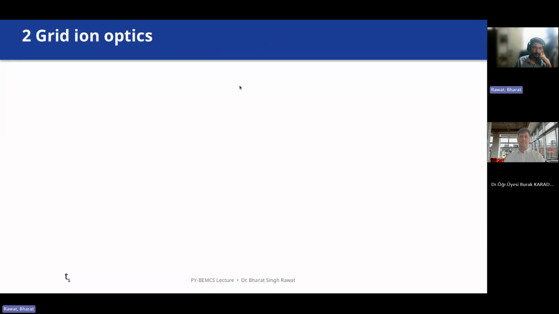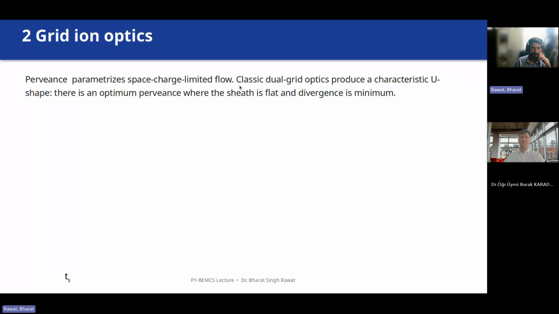So to come up with the two grid ion optics, the most important characteristic that defines how much charge you can extract from a gap of two metallic plates is the space charge limit, or the Child-Langmuir law. And this is defined by a term called perviance. Perviance P is defined by this term on the right, where P is pi epsilon by 9 multiplied by this quantity, where D is your extraction area and small d is the gap between the grids.